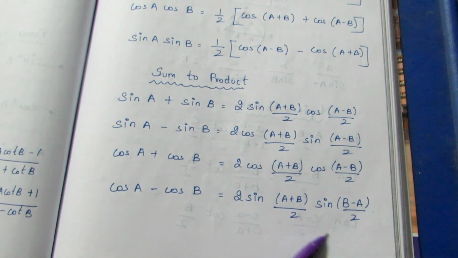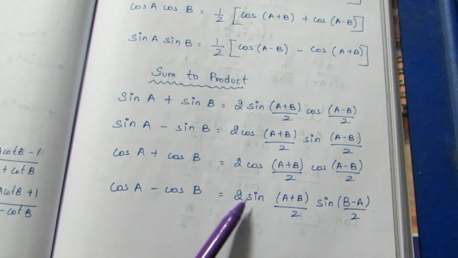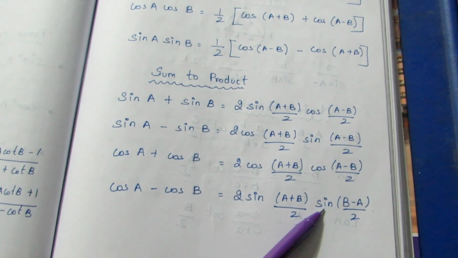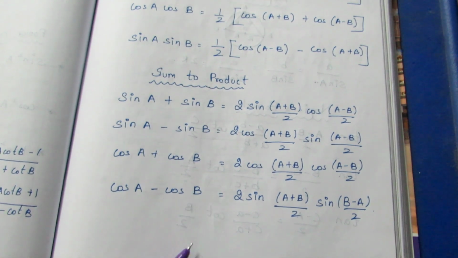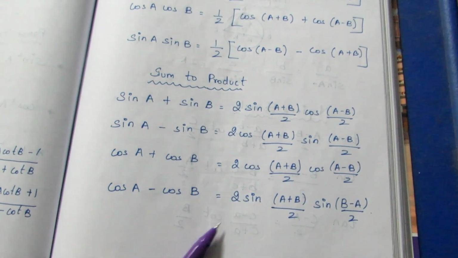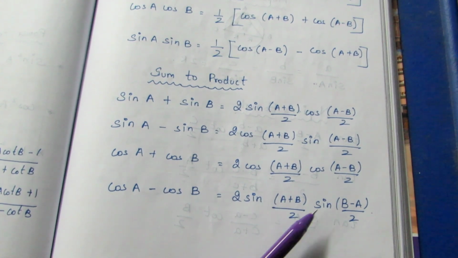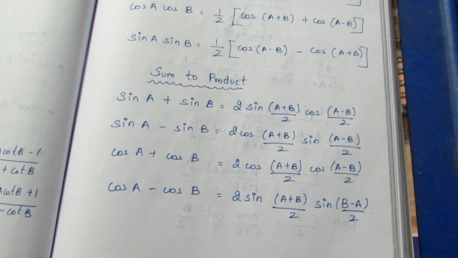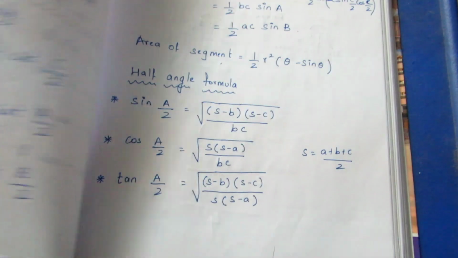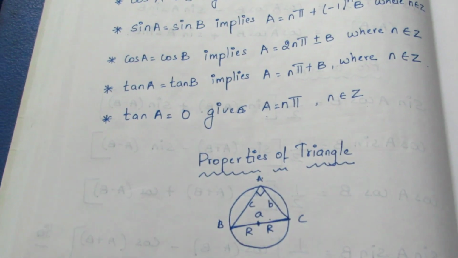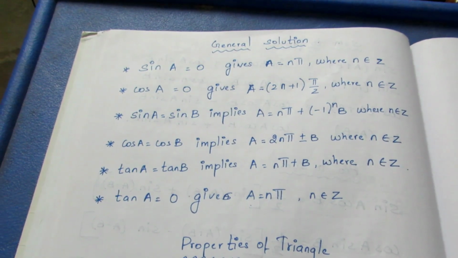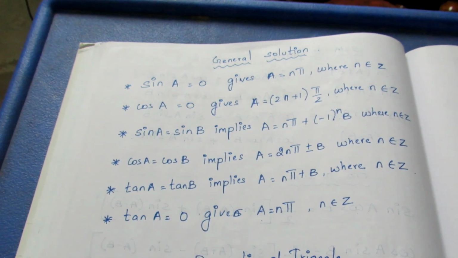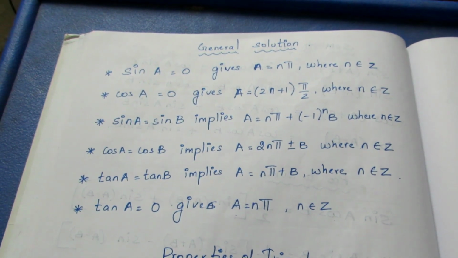So there is quite a difference in this. We can also take a minus sign outside and write it as sin (A minus B) by 2. Anyway you can write, but be careful in cos A minus cos B. There is quite a change compared to the other 3. So it is 2 sin (A plus B) by 2 into sin (B minus A) by 2. We'll move on to the next, general solution. So this is the last identity for you. With this, the trigonometry ratios are over. Now we'll see